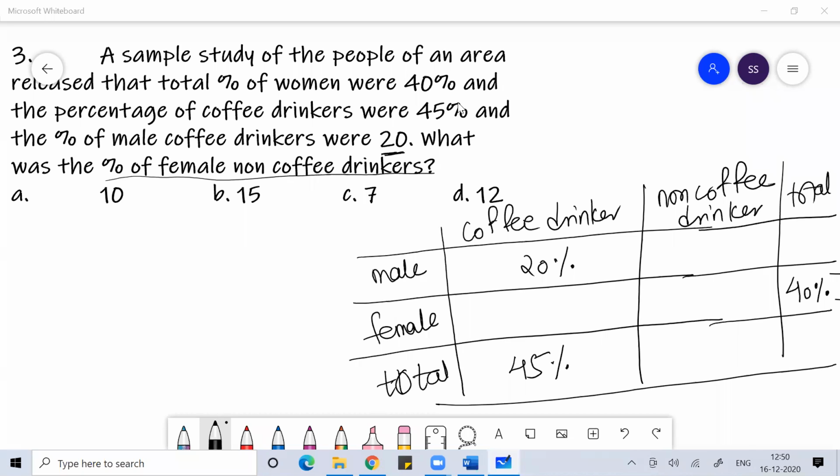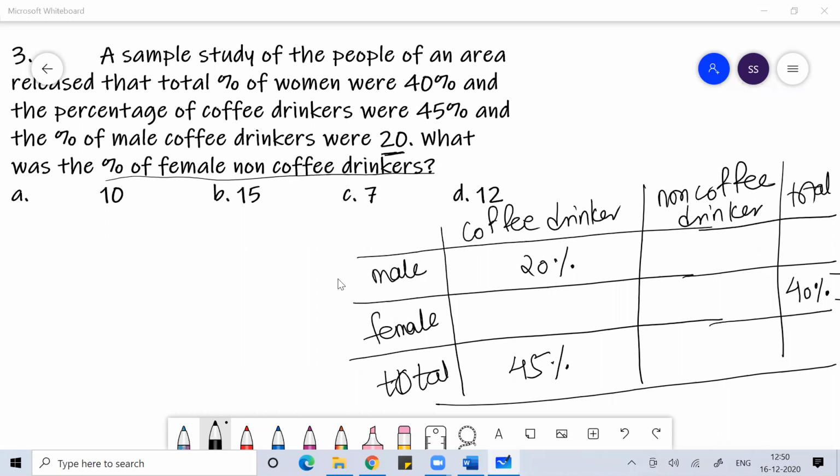Okay, now clear everyone, anyone have any doubt? Okay, so once you understood this,